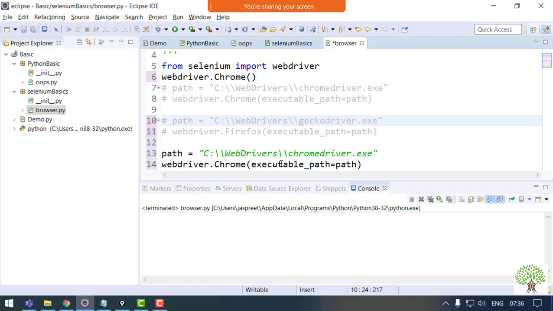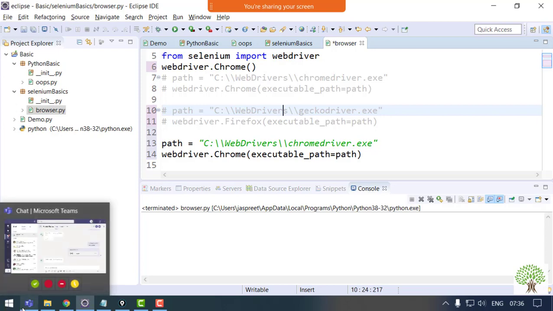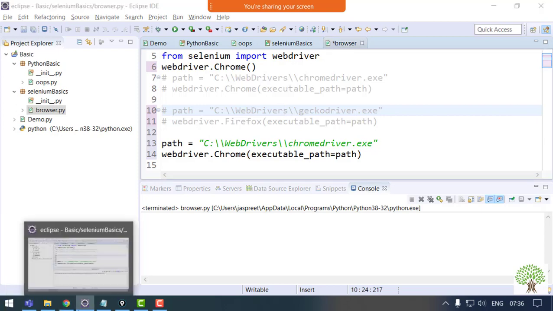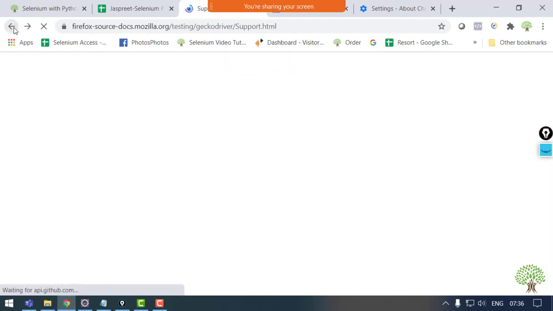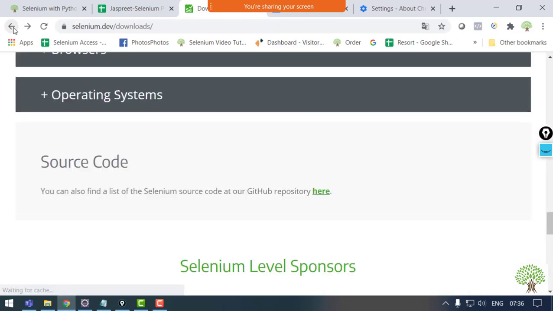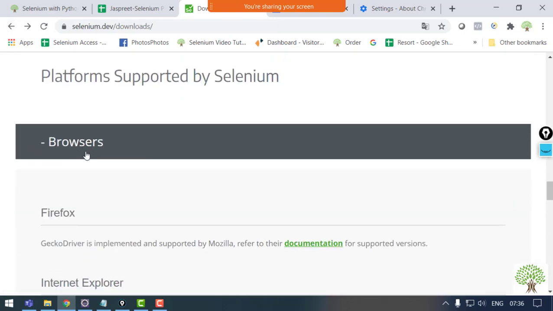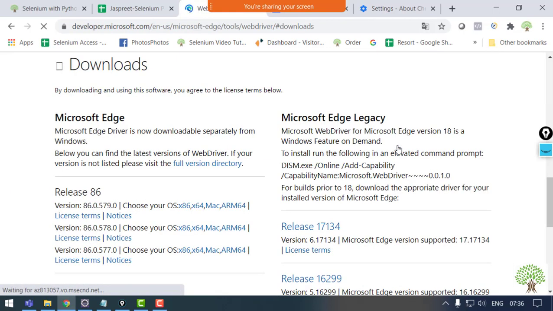Now we are going to move further to the Edge browser. Now the Edge browser is the basic one. What you can do is go to the official website of Selenium to get the exe for Edge. For the exe of Edge, again you need to check which version of Edge you are using.